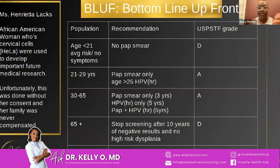So basically, you see how it says age 65 to stop screening if 10 years of negative results and no history of high-grade dysplasia. And if you see where it says grade D, that just means the type of data that was used for that recommendation. I would say